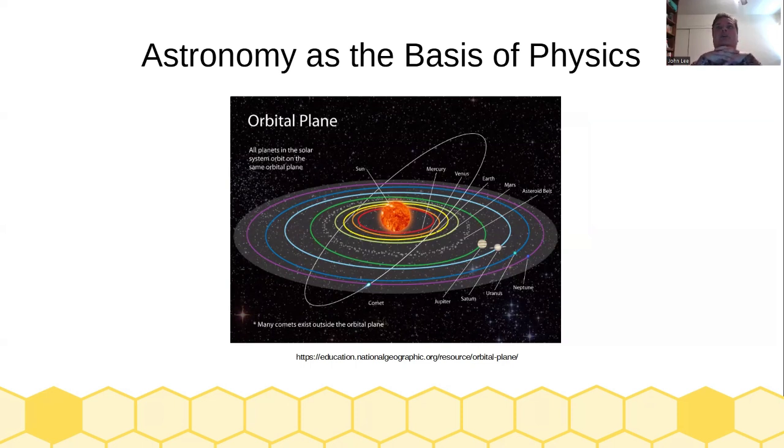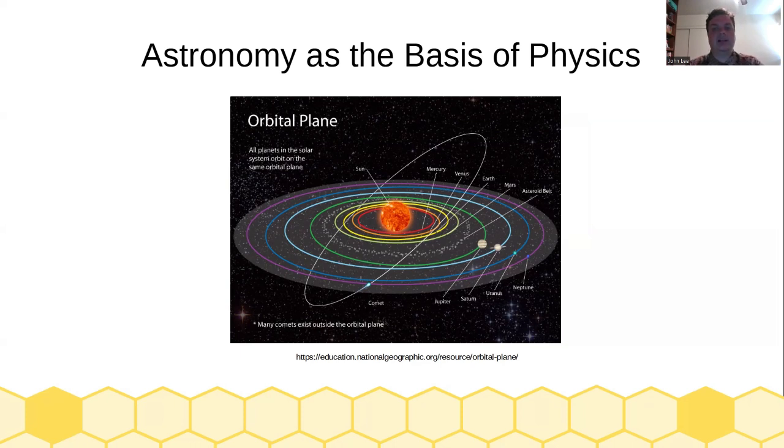Kepler built on and was able, one of Kepler's three laws, which we are going to go over, I assume, later in the textbook when we get to gravitation. But Kepler was able to make a prediction that any orbit is going to be an ellipse. And from this mathematical prediction, Newton was able to further refine it into a general theory of gravitation, which we